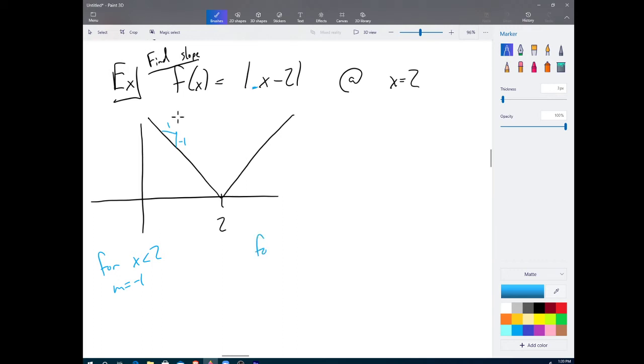If I want to look at any of the slopes that are after x equals 2, I'm going to get a slope of positive 1. And again, up 1 over 1, up 1 over 1. But here at 2, that's something that's worth talking about. If I were to find my derivative,